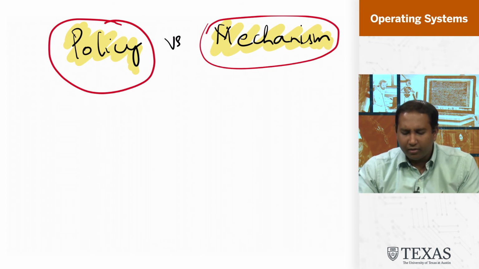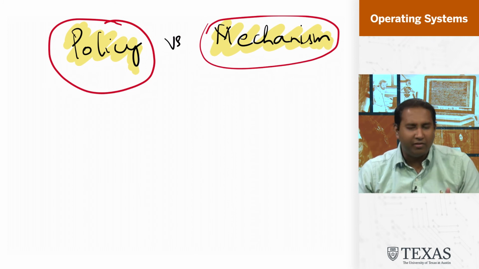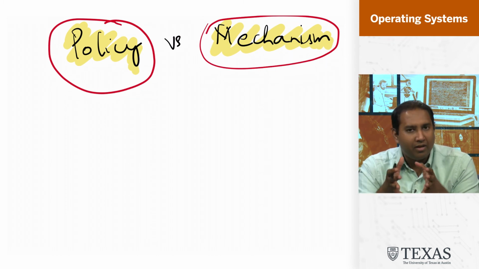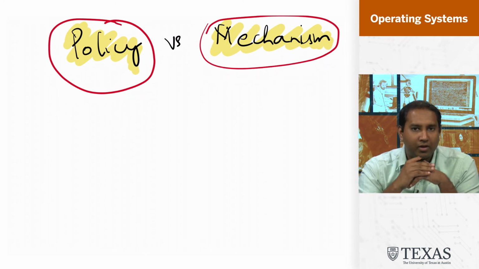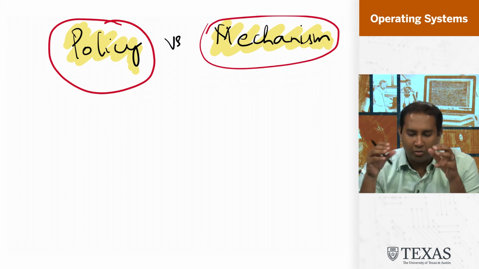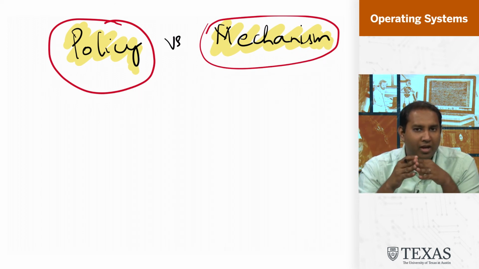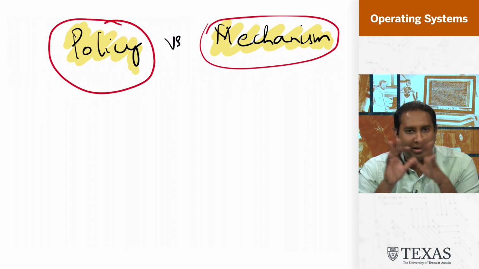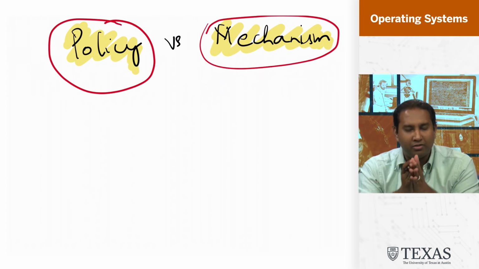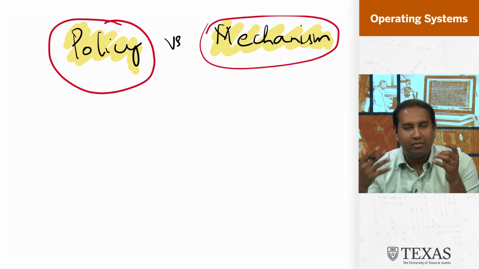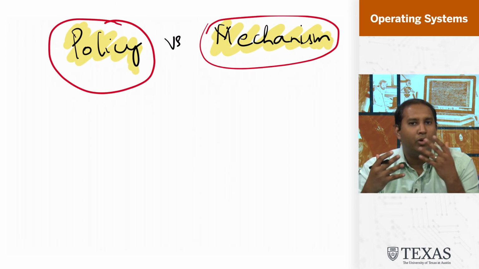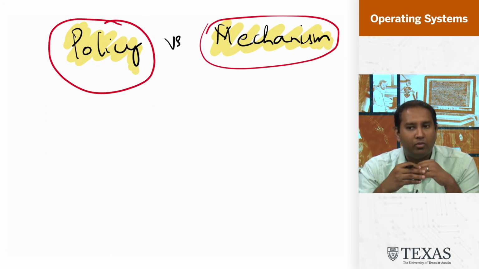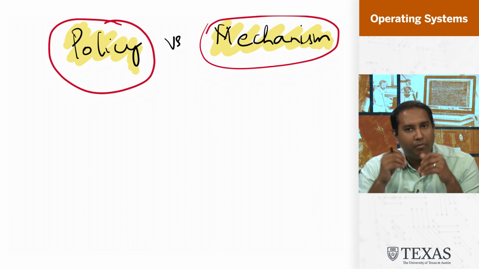This separation between policy and mechanism is a very good design point. You want to design a system such that the same mechanism can support a wide range of policies. If, for example, your mechanism is such that the only policy you can execute is a single policy, and if you wanted to try a different policy, you have to redo the whole system, that's a bad design. So you want to separate these two things out. You want to design a system such that the mechanism that you develop is general enough to support different policies, because inevitably, as time goes by, the policy that you want to implement will change, but hopefully the mechanism can stay the same.